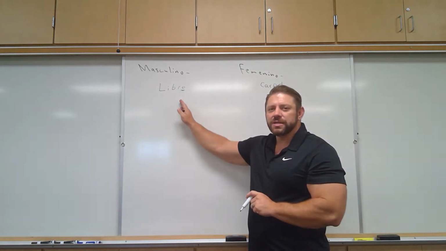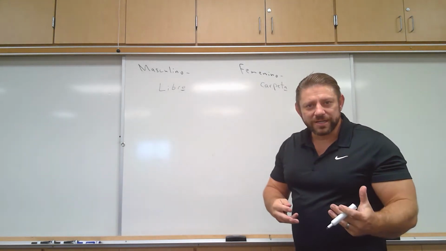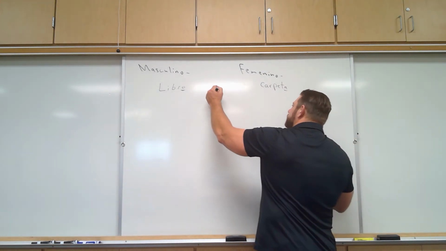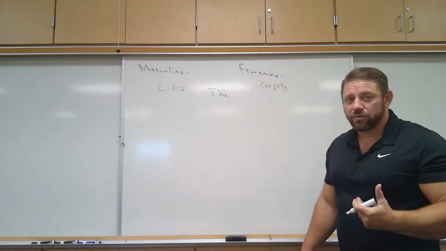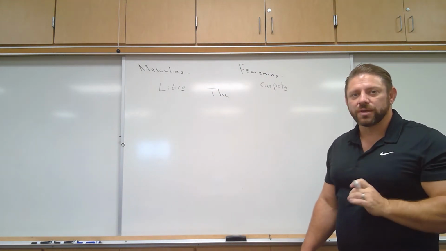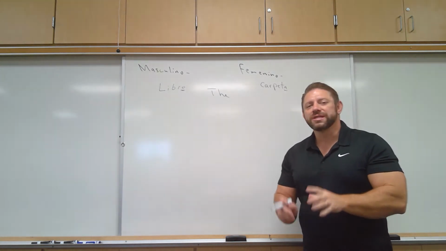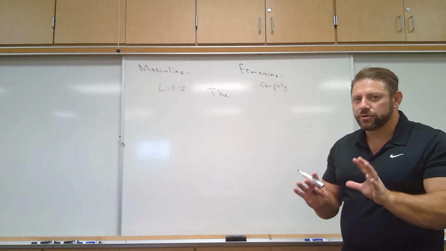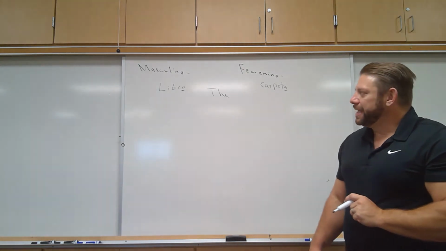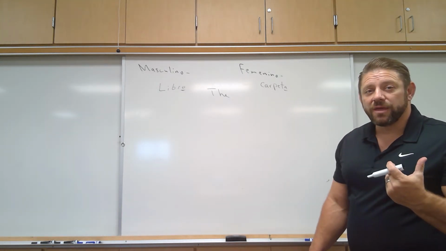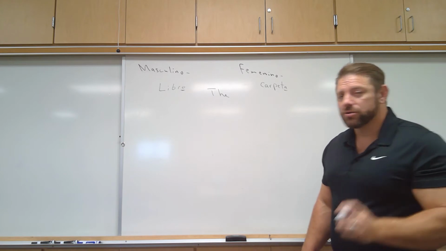So with every Spanish noun, we usually have a definite article. The definite article in English is the. However, Spanish has 4 of them. Right now we're going to deal with 2 only, because we're talking about nouns, but only singular nouns. We're not going to talk about plural nouns yet, which is a little bit different. So look at libro. It ends in O, so it's going to take the masculine article, which is